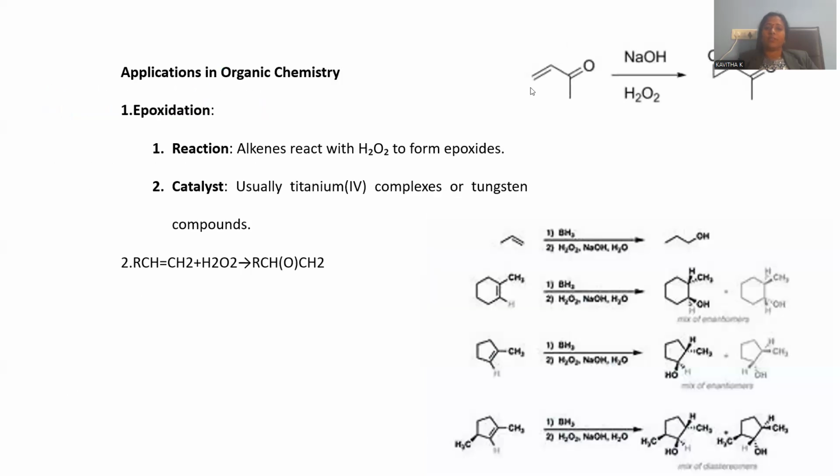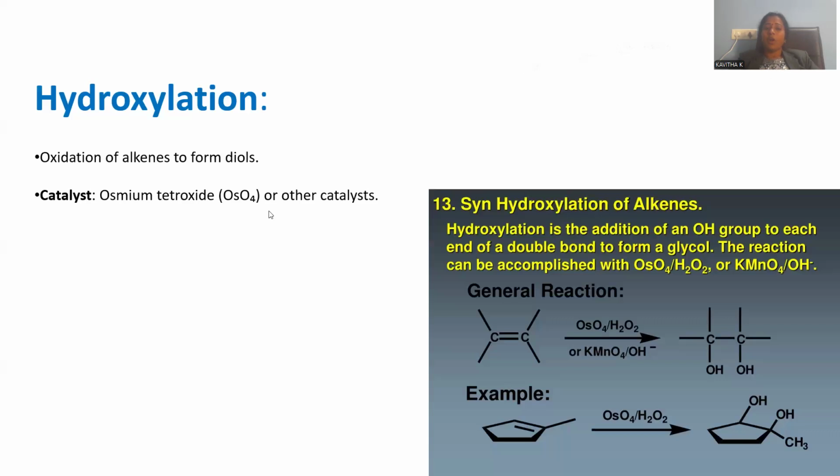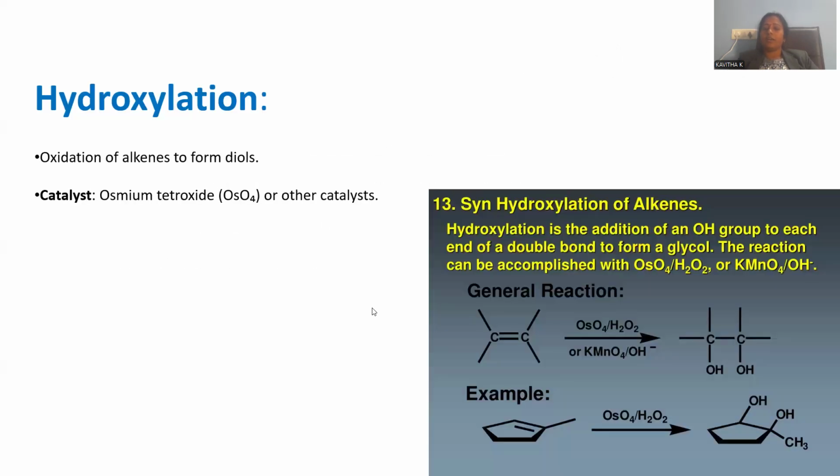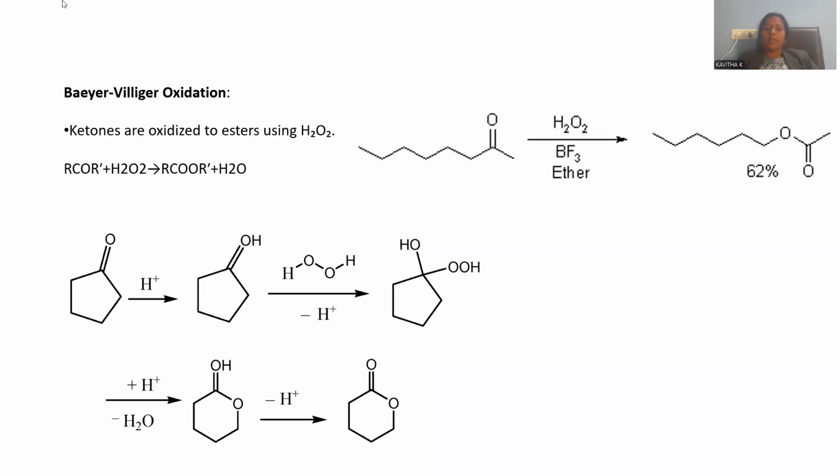Here is the alkene. You can notice that upon reacting with hydrogen peroxide, either in the presence of titanium or tungsten, there is a possibility for epoxide and ultimately a monohydroxy product. But if osmium tetroxide is the condition, dihydroxy will be generated. This is the difference between monohydroxy and dihydroxy product formation with hydrogen peroxide. Now we entered into another reaction.